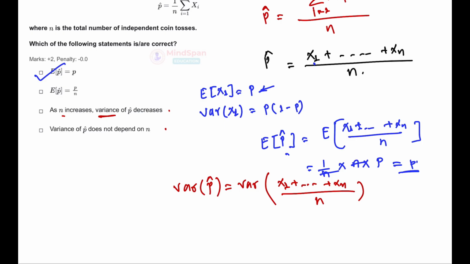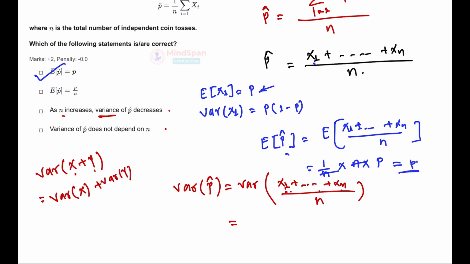It is also easy because we have already been given that all these random variables are independent. If random variables are independent, say we are finding the variance of the sum of these two random variables, then there will be no involvement of the covariance or correlation term, so it will just be the sum of the variances of these individual random variables, right?